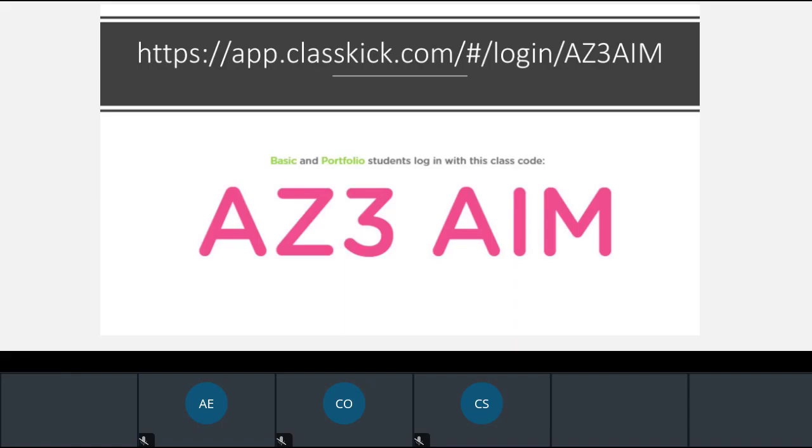this link. So if you just want to wait just a second and use the link, I'm going to do some small group work with you today, but I want to be able to see you working. So AZ3, go ahead and use that link to log in to ClassKick. It'll just ask you to type your name. So if you will do that, and then I'm going to put up a poll. So if you'll give me a green,